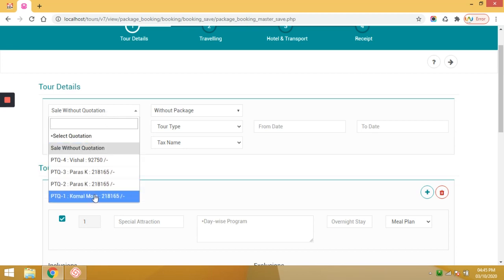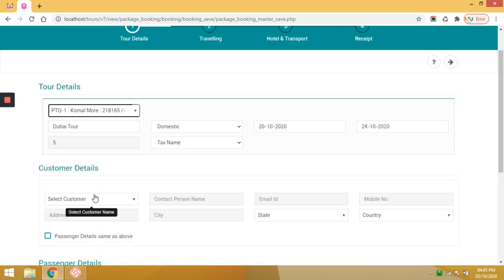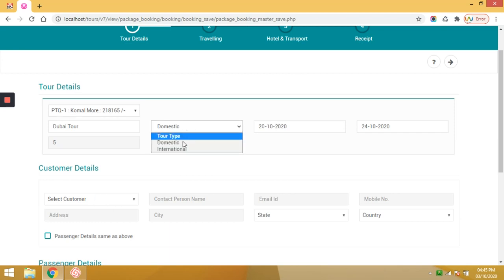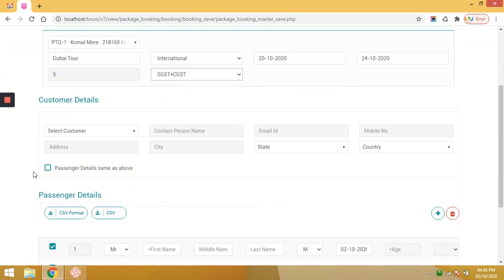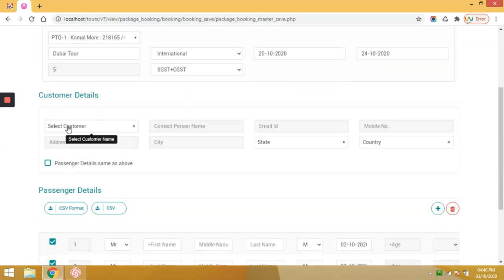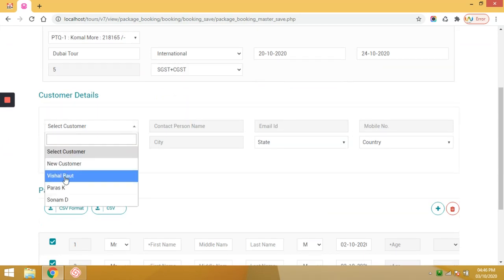Select the quotation which we already shared with the customer, destination type, tax name if required. If the customer already exists in the system, we can select from here. If not, we can create a new customer.